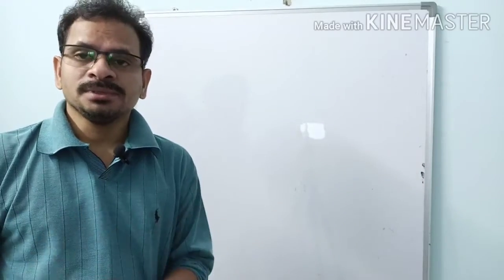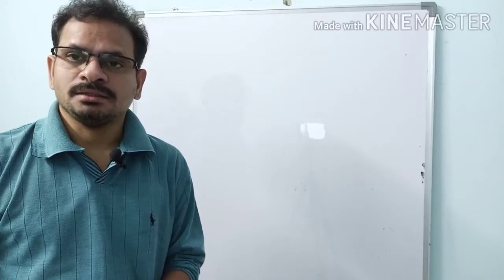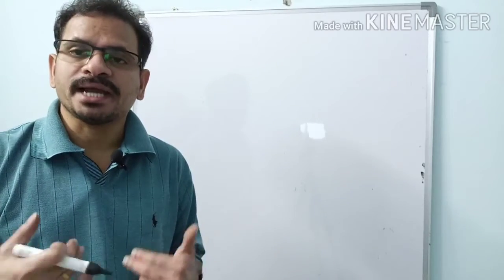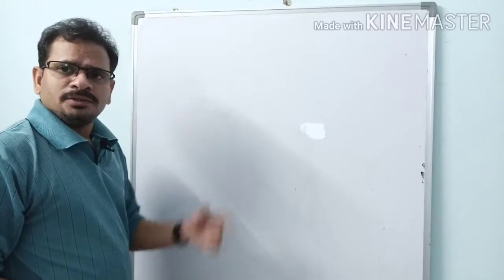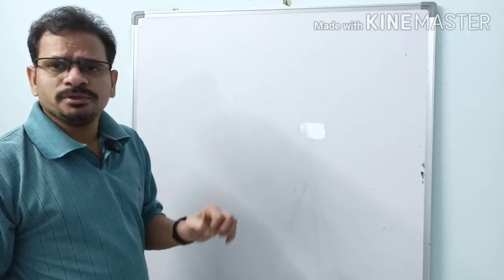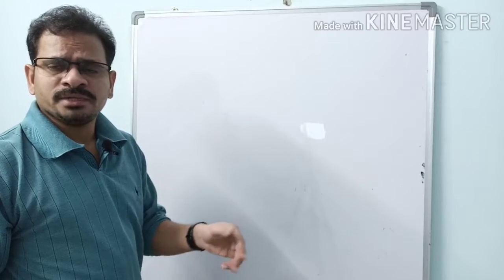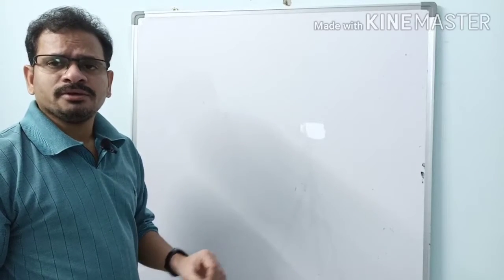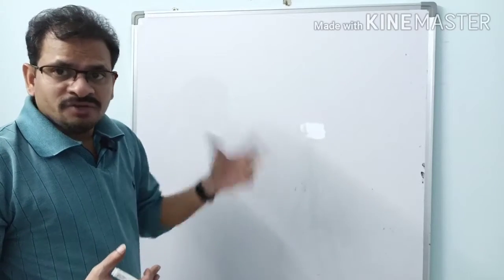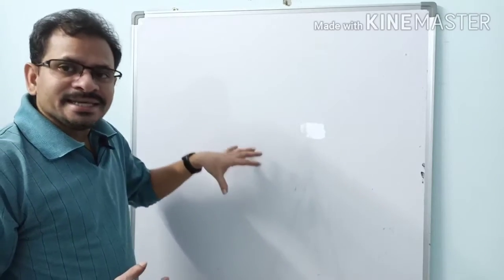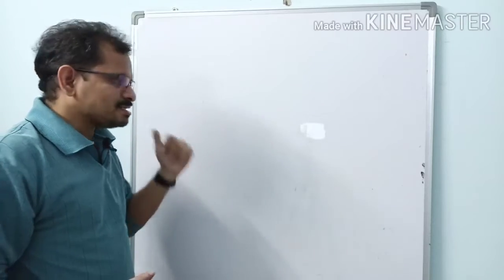So how to solve problems using differentiation and integration? What are the mathematical equations we have to solve them? So for uniform acceleration you have the kinematic equations: s equal to ut plus half at square, v equal to u plus at, v square equal to u square plus 2as, and the equation for the nth second. These equations are meant for the uniform acceleration case. For this case, are there any such equations? Yes, there are some equations.